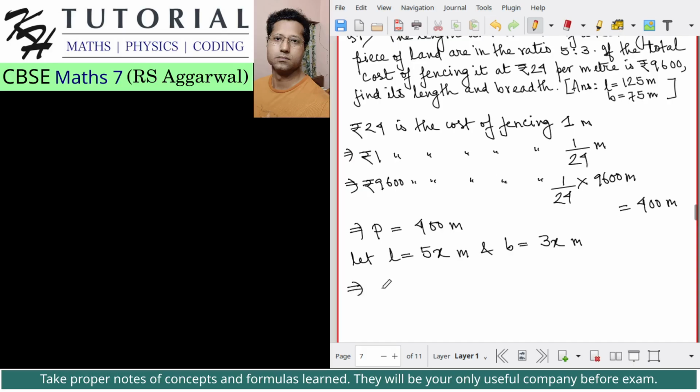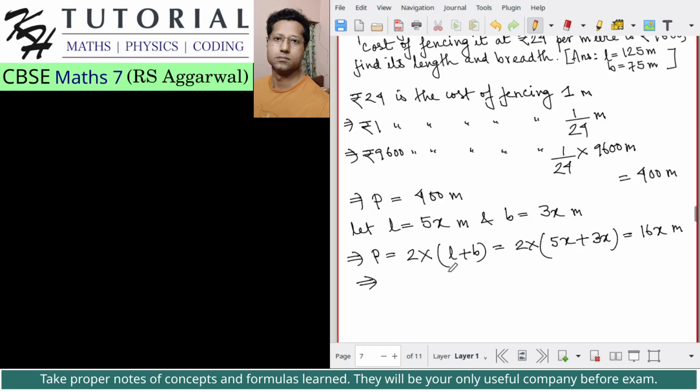So the perimeter, the formula is 2 into (length plus breadth), which is equal to 2 into (5x plus 3x), which is equal to 16x meter. Now the perimeter we also know is equal to 400 meter. So we must have 16x equal to 400. This implies x is equal to 400 divided by 16, which is equal to